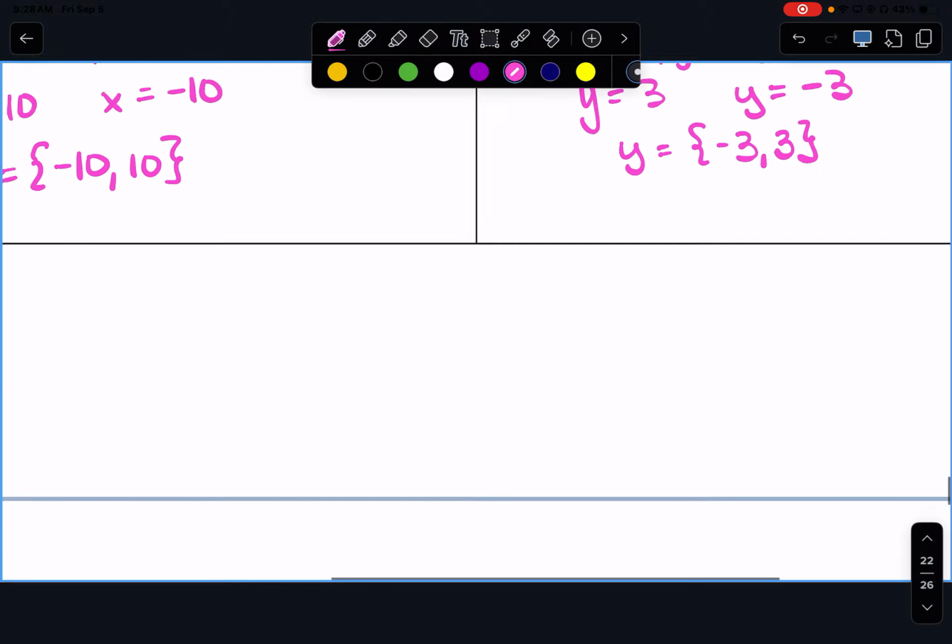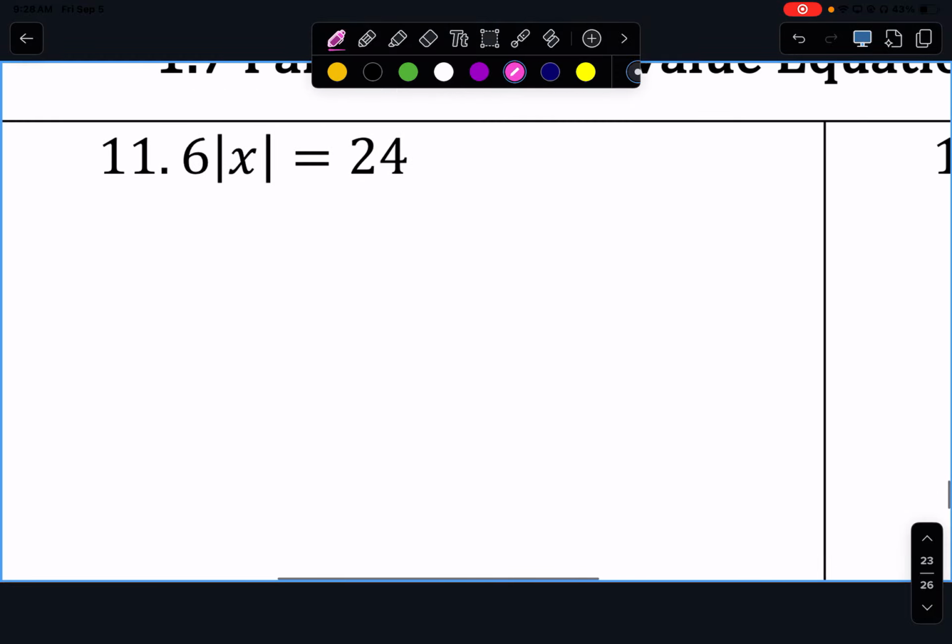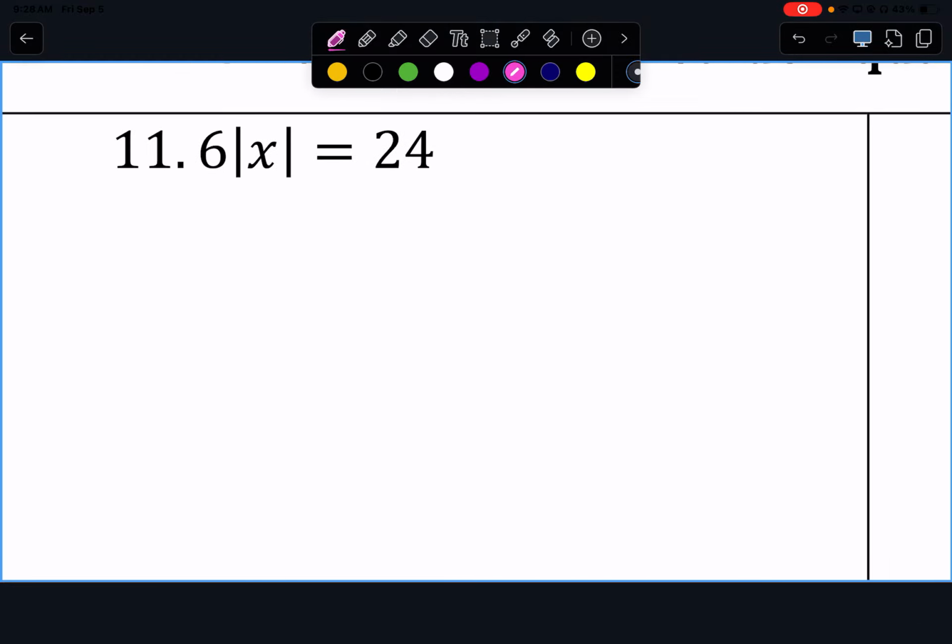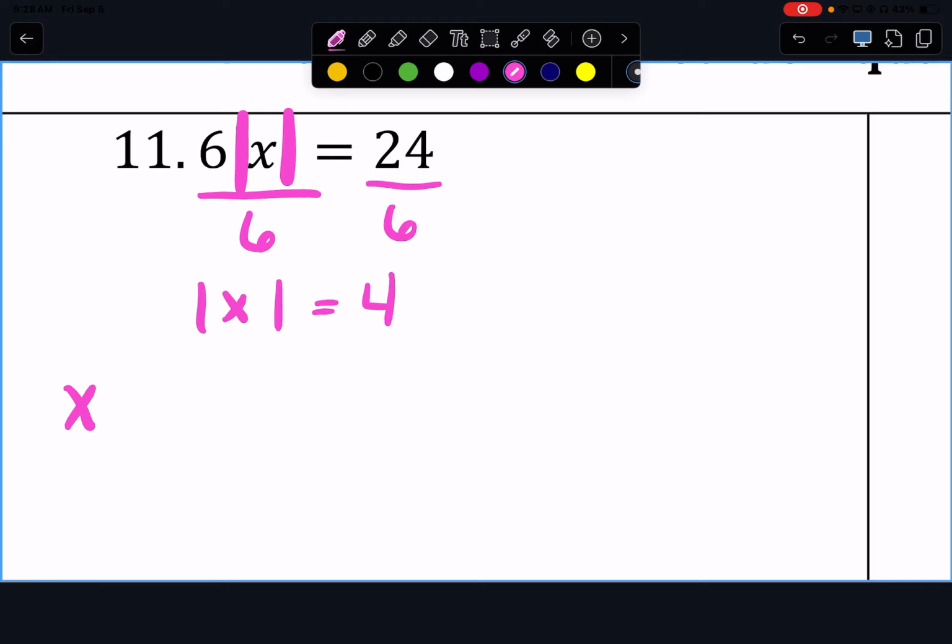All right, so let's look at number 11. We have 6 times the absolute value of x is equal to 24. What is happening between 6 and the absolute value of x? It's multiplication. How do I undo multiplication? I'm going to divide everything by 6. So we get the absolute value of x equals 4. So x equals 4 and x equals negative 4. So when we write our solution, we do